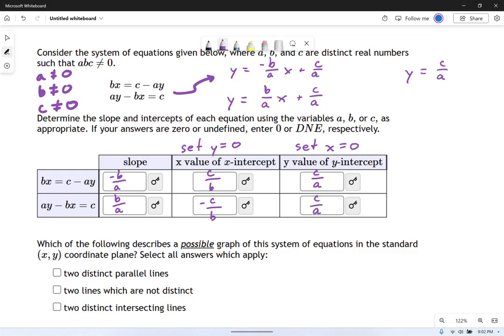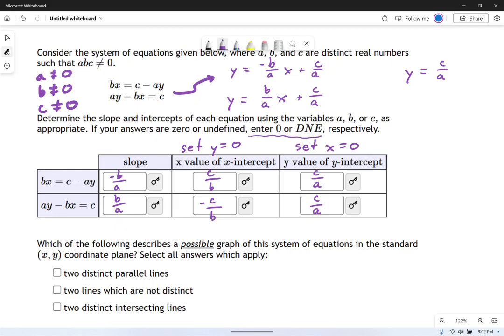So now we have all the clues we need. If you look at this table, these are all the actual entries for my version of this problem. Yours might be different if a, b, or c were 0. See, if a were 0, for example, that would become a DNE instead of some fraction. So you got to be careful about how you enter those, whether it's 0 or DNE.